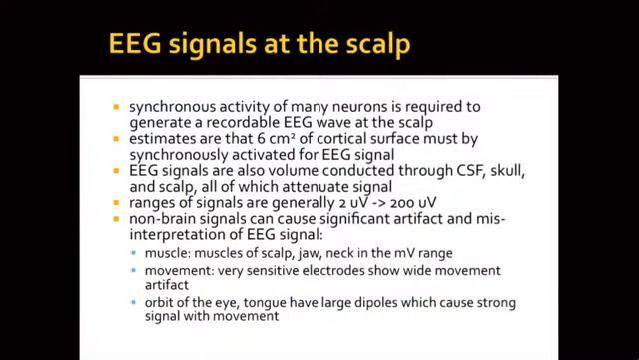So what it's measuring is synchronous activity of many neurons, many nerve cells at once, not one or two, but thousands. That's what's required to measure at all. If you have 100 neurons, you're not going to measure that at the scalp. And it's estimated that you need approximately 6 square centimeters of surface of the cortex in order to actually get a signal. To top that off, these signals are volume conducted through CSF, the cerebral spinal fluid, and the meninges,